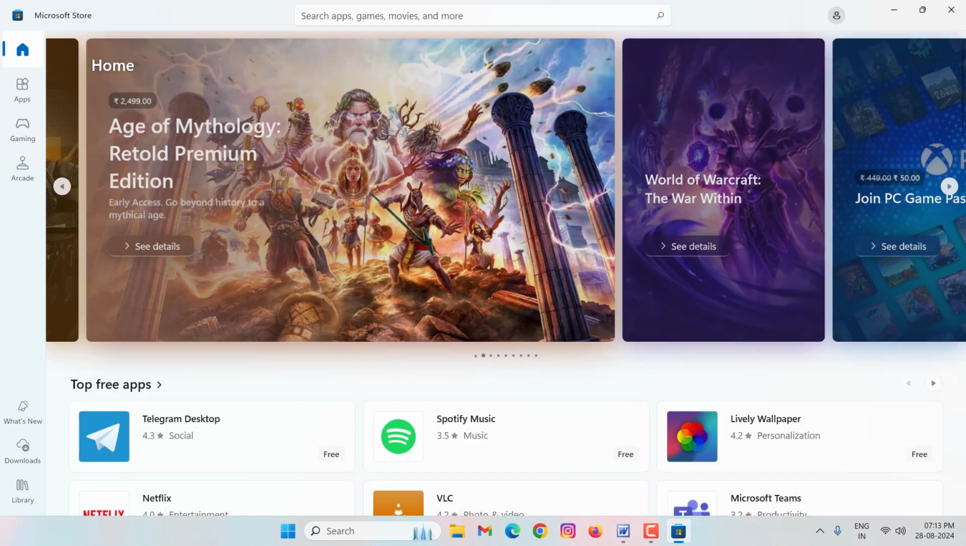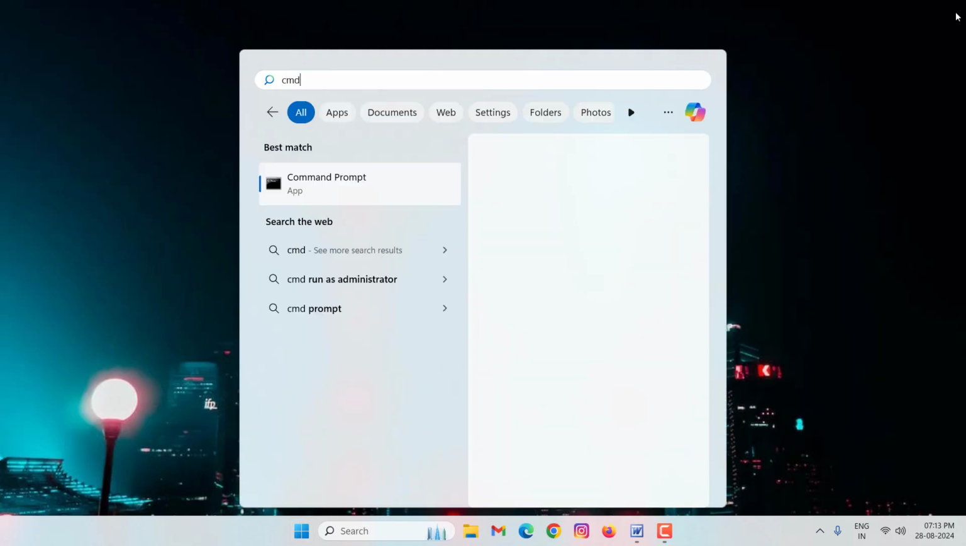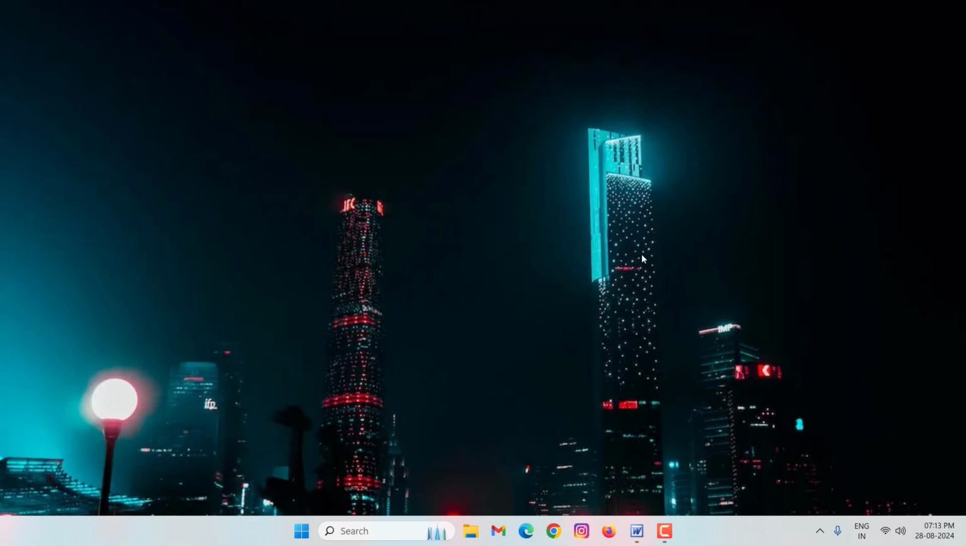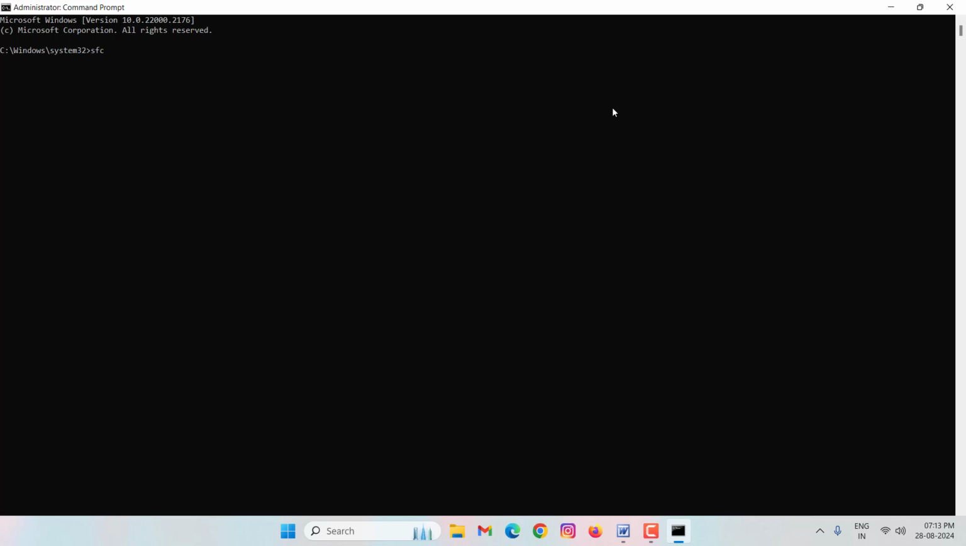After that, close this window, go to the command prompt, right click on command prompt, then click on run as administrator. Click on next to apply, then type here sfc /scannow, then hit enter. It will take some time. After completion, close this window,